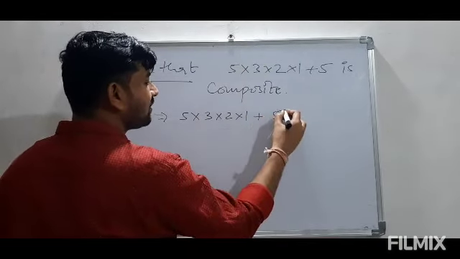So for this proof of this as composite, what we have to do, we will take out 5 common from both of the terms. If we take 5 out of this, we will get 3 into 2 into 1, 3 times 2 is 6, 6 into 1, it is 6. Plus, if we take out 5, so 1 will remain. Means, if we divide 5 by 5, we will be getting 1. So, it is taken as common and 1 will remain. So, finally, what we are getting?